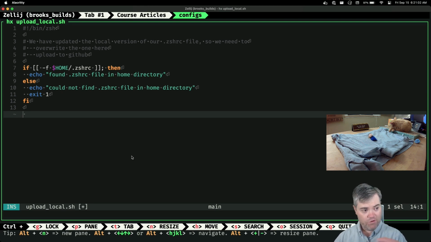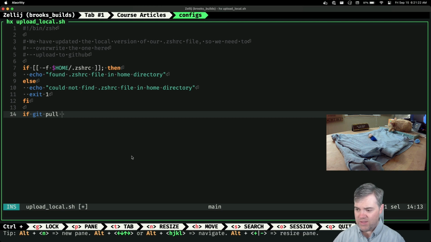Then I want to overwrite this one. I suppose also doing a git pull would be a good idea, just to make sure we have the latest one here before I overwrite it. And then for every single one of these, we want to wrap it in an if, right?